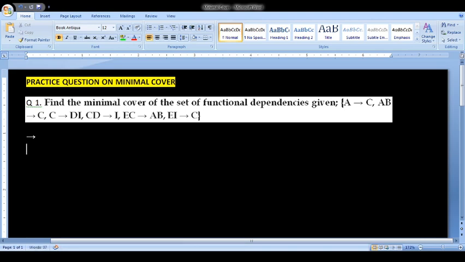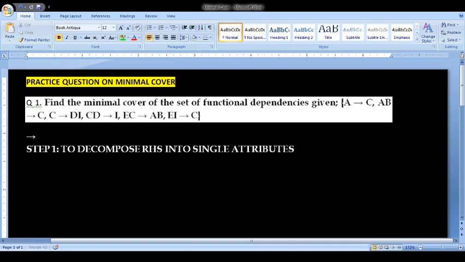Okay. So for finding this, mainly we have to follow three steps. First, step one is to decompose the RHS into single attributes. That is the first step.